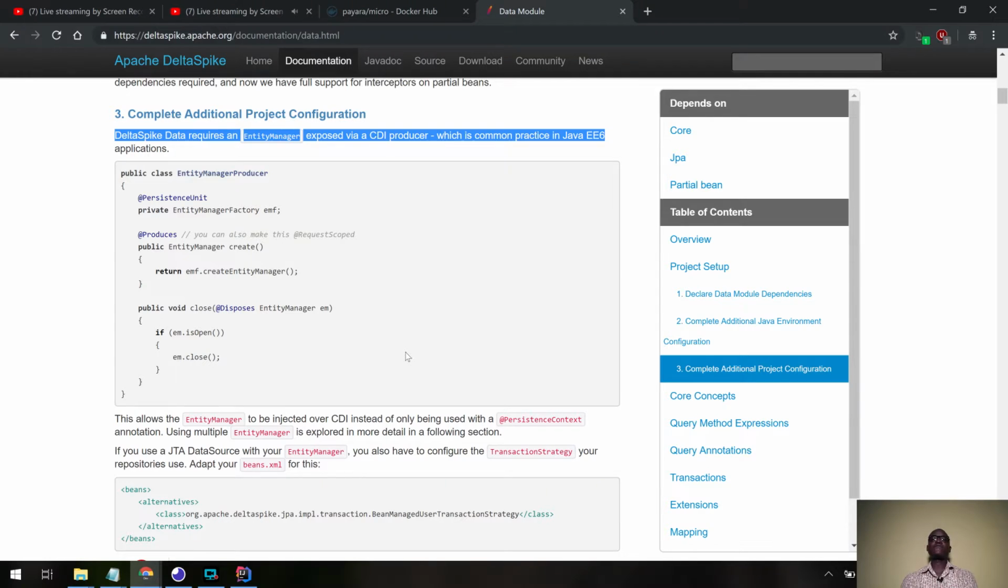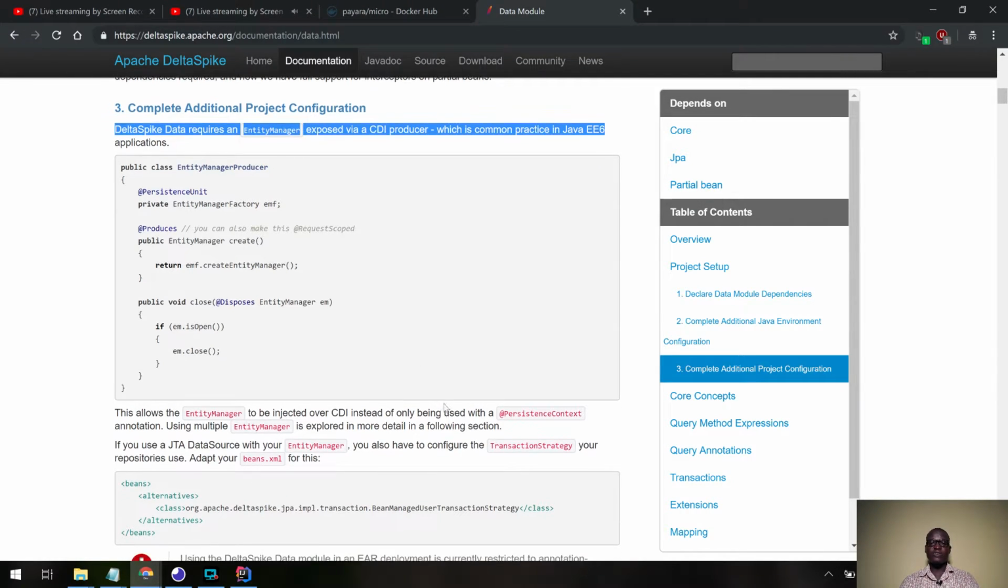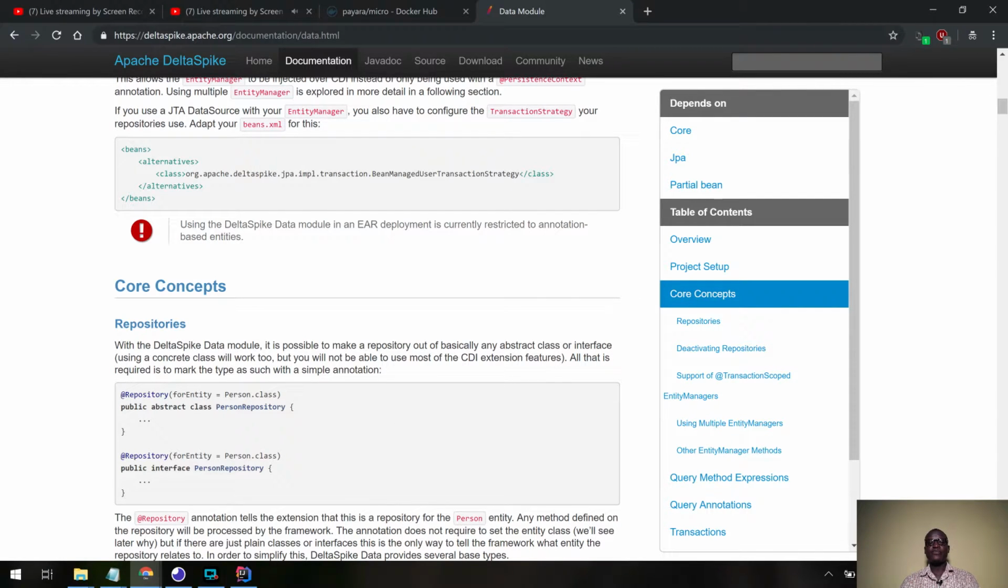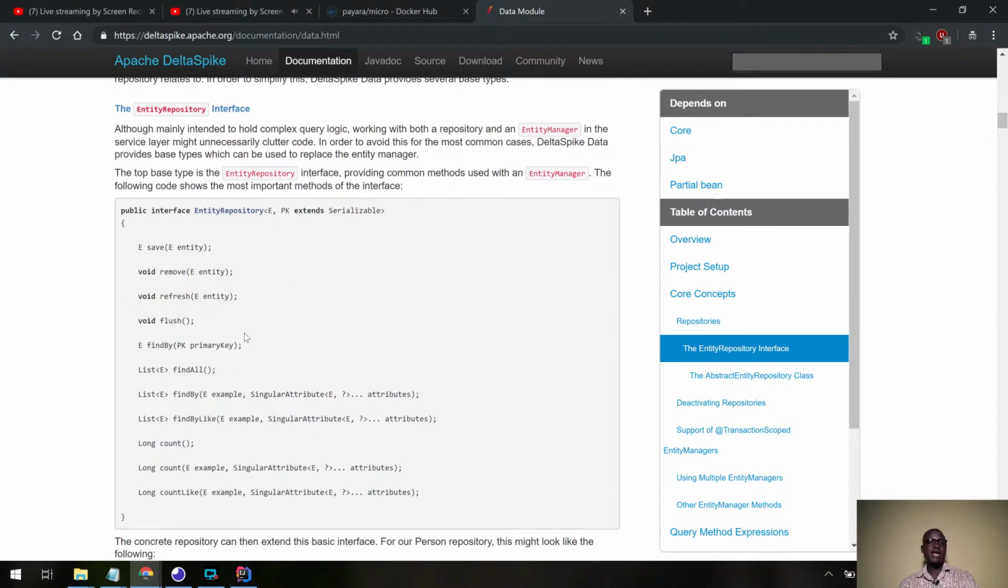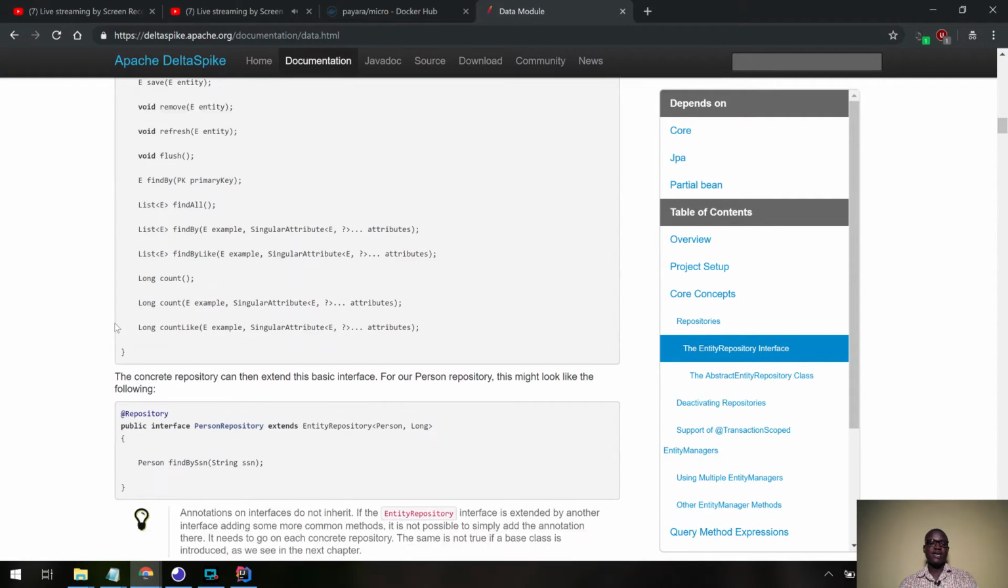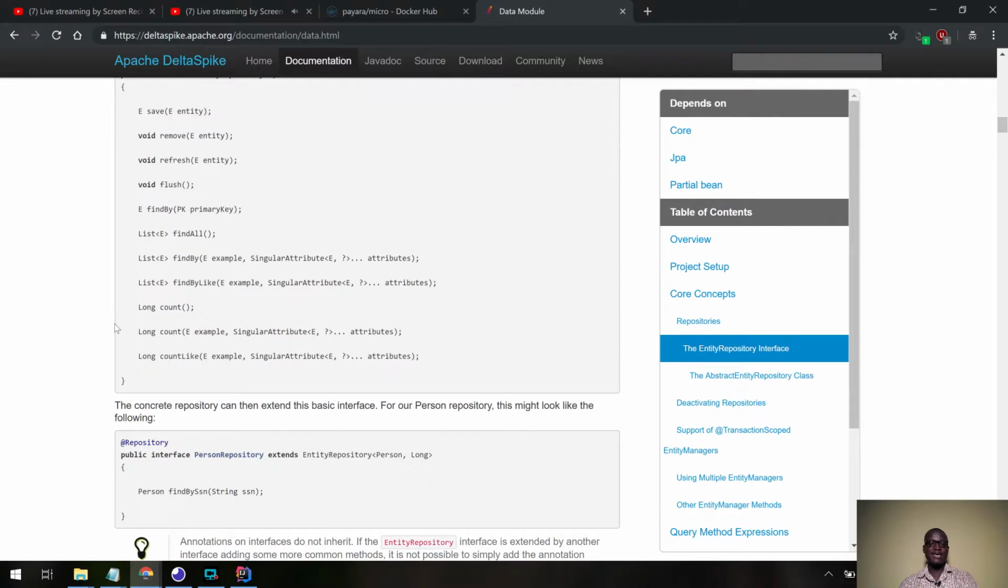So once you have a field for producing entity managers, you are set to go with the Delta Spike module. Now this here is where you set the transactions. So you can set whether you want to do bean managed transaction or you want to do container managed. Mostly you want to do container managed, and then you'll be fine. And then these are the core concepts. So check out Apache Delta Spike. It's a pretty powerful set of APIs, and it will really lessen your manual